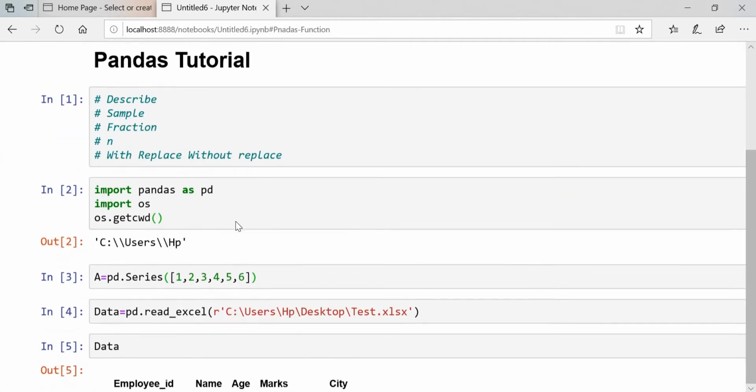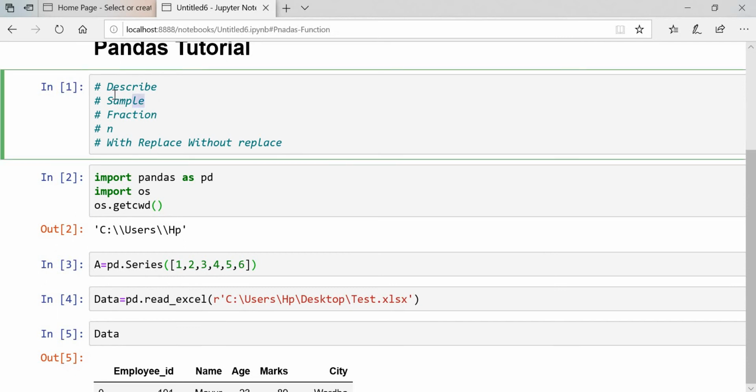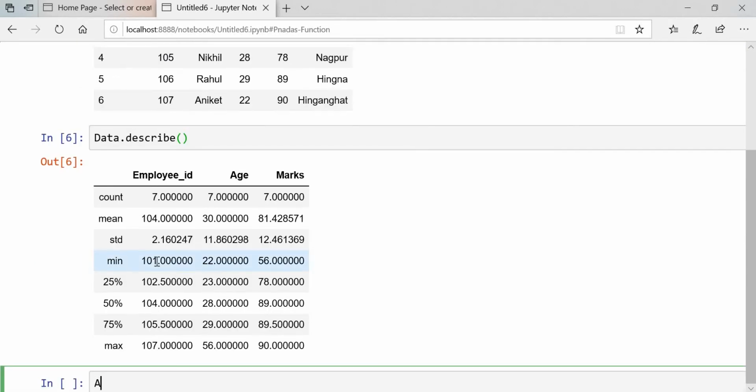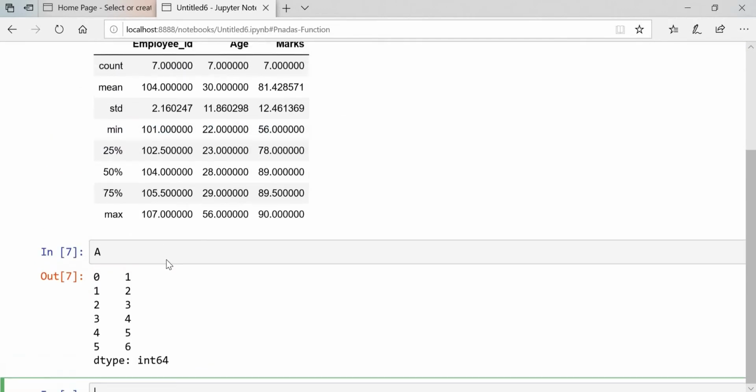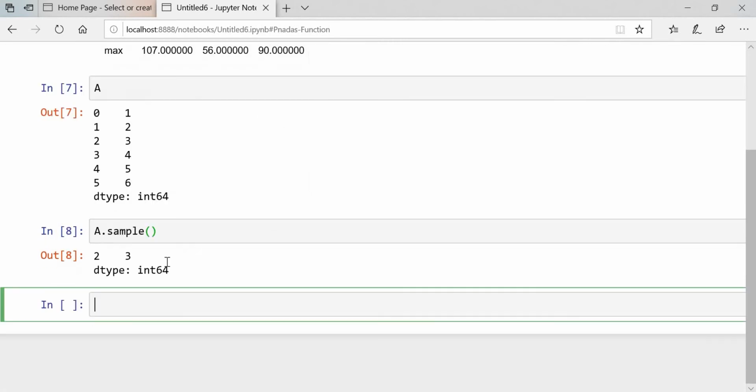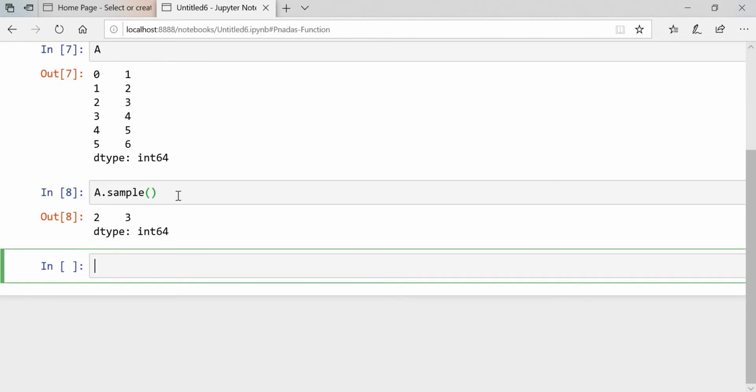Now we'll go further and see how the sample function will work. First of all, we'll see it in the series. I have made a series A. I will call that series, then use dot sample. We will execute this one and we will get a random value from the A series.